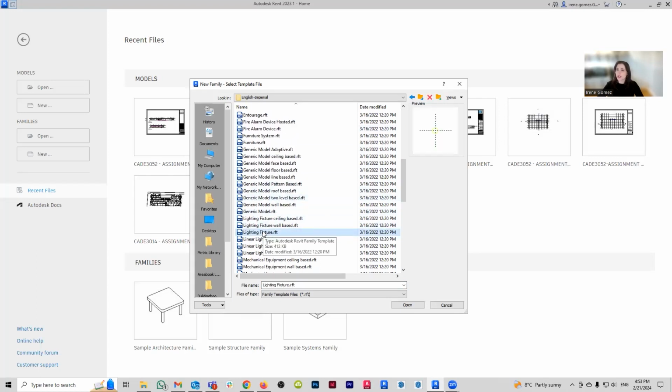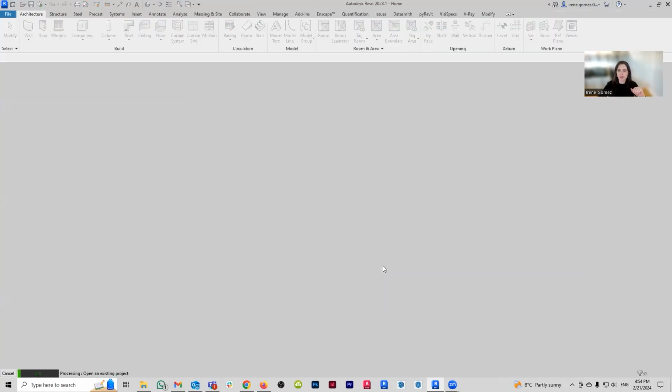Even though the lighting fixture seems to be like a pendant, I'm not going to make it ceiling based because, again, sometimes you may work in a project where you don't have an actual ceiling category geometry in your model, and instead you have either a floor or a roof serving as your ceiling. So because of this, it is much easier to work with just a lighting fixture. Okay, so we're going to start with lighting fixture and open.